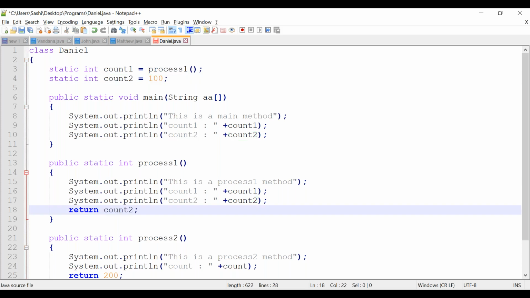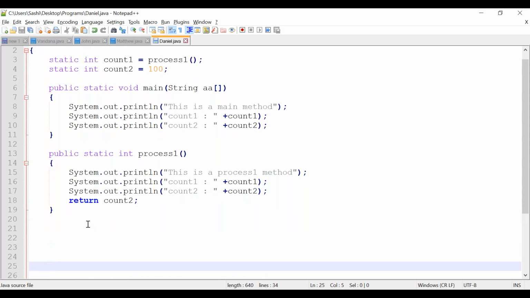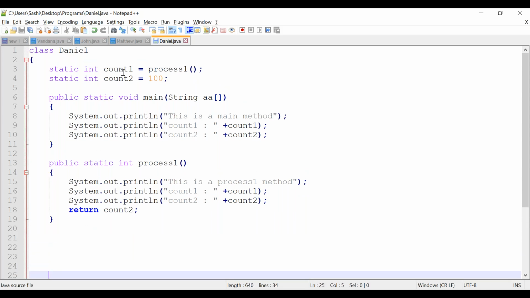Listen to this quite carefully. Consider I have only two methods, and I have declared two variables, count1 and count2. Only the order matters. You will understand, it's not that tough. What is the first order we have seen?